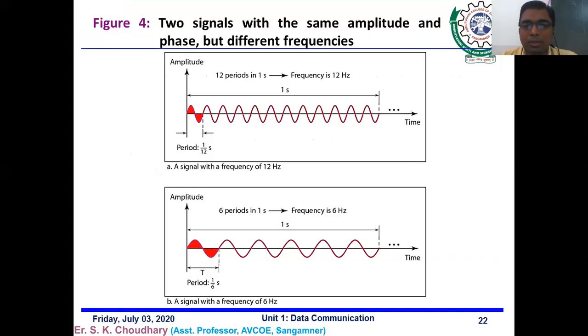And we have discussed one example to understand how to calculate the frequency from a sinusoidal signal. Here we have seen that 12 cycles are completed, which is considered as 12 hertz frequency. The red highlighter shows one fundamental period, the completion of one cycle. Here the time period is 1 second upon 12, because 12 cycles are completed in 1 second. So 1 upon 12 second is the time period, and frequency is 12 hertz. Similarly, in the next example, 1 upon 6 is the time period, and 6 hertz is the frequency.